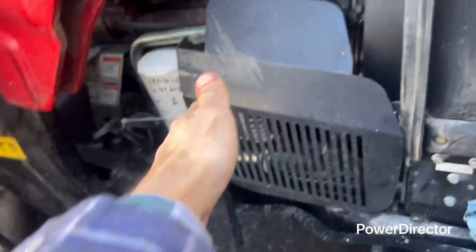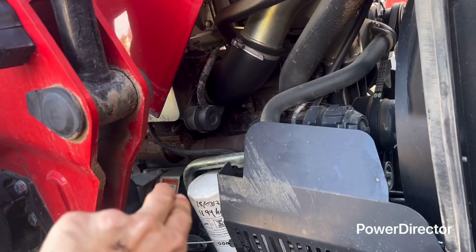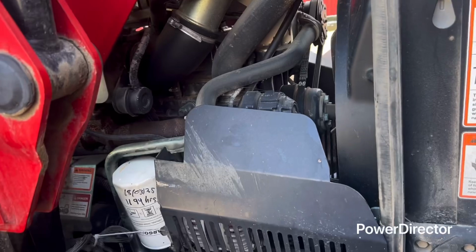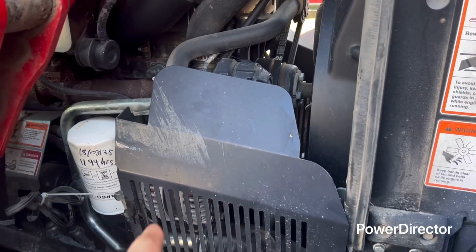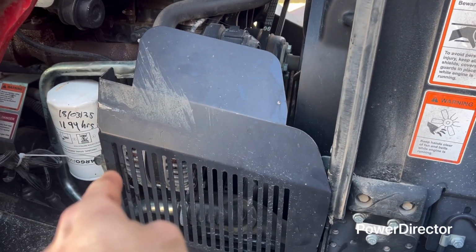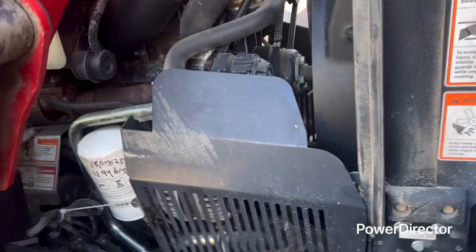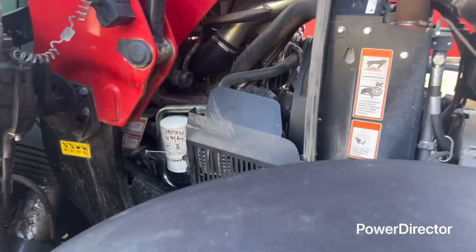You got this shield here, you got a shield back there. I figured a way to get around it without taking it off. You gotta take this off, but then you're working around the alternator, which is like right there, so that kind of mitigates that. And you got that coolant line that runs right above there, so that's just a wonderful design. Anyway,